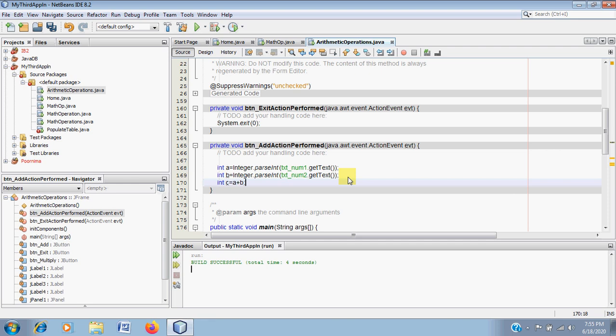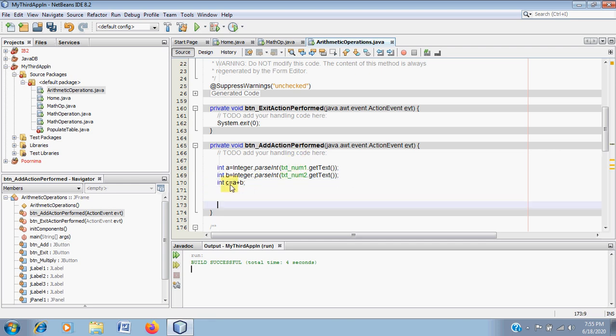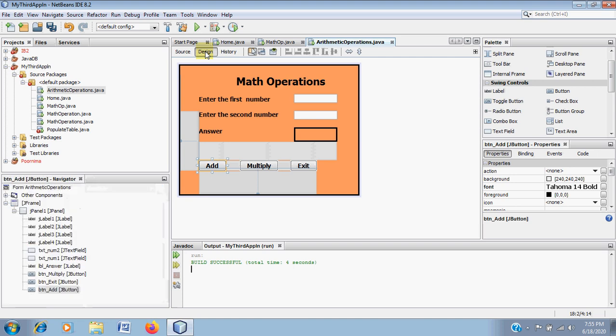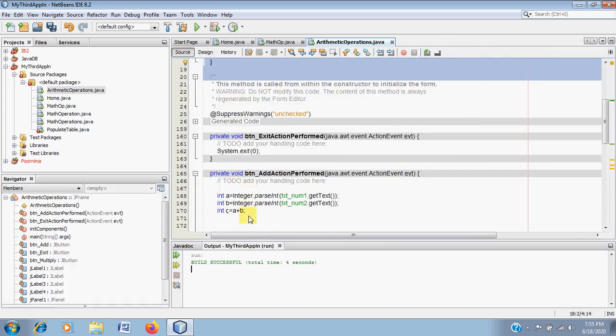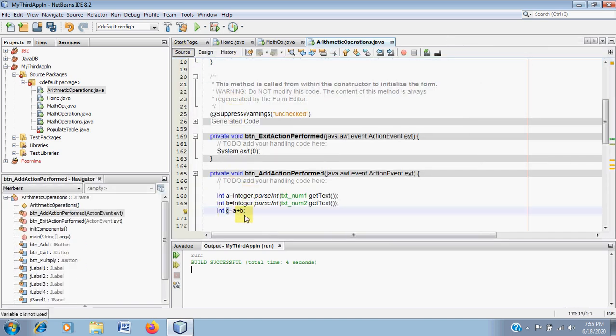Now what happens here? We have to display the answer in this label box. This label box is again a text format. If we have to display C in the label box, we need to convert this C into string. So what we do is, you could say lbl_answer, the name of my variable, dot setText. We are displaying it. For displaying we say set. For receiving we say getText. For displaying it we call it setText.